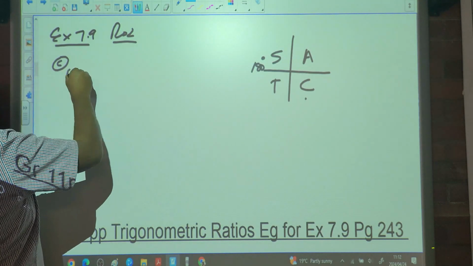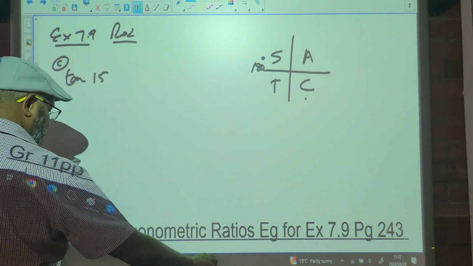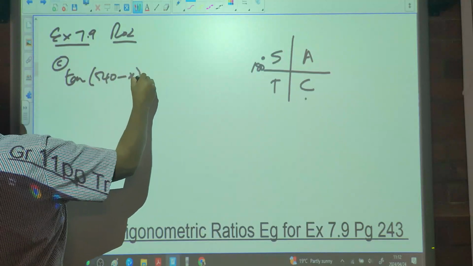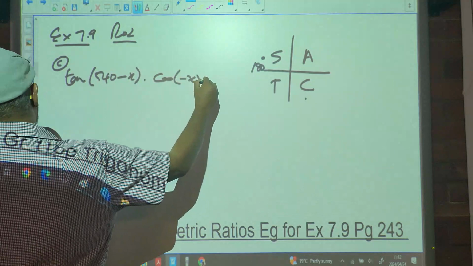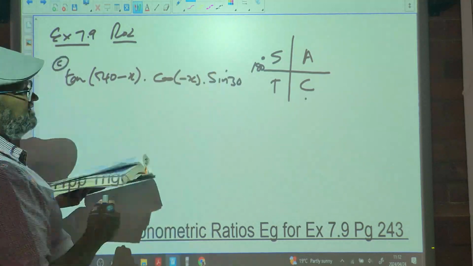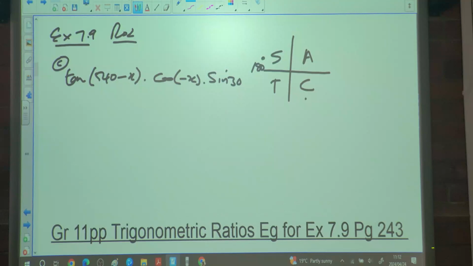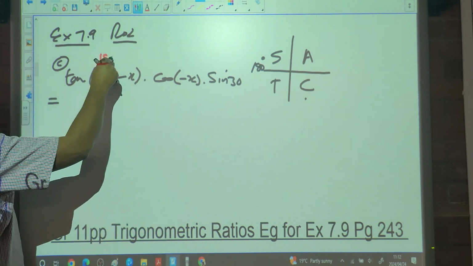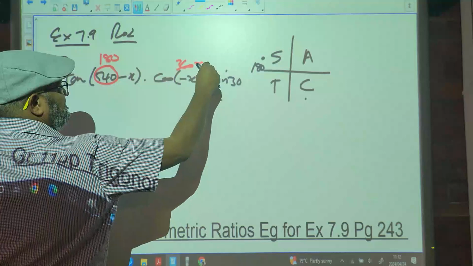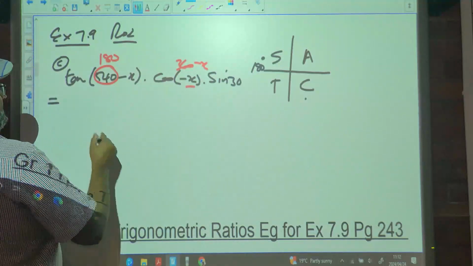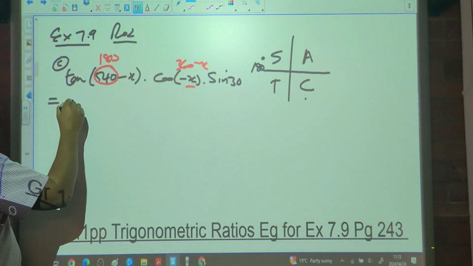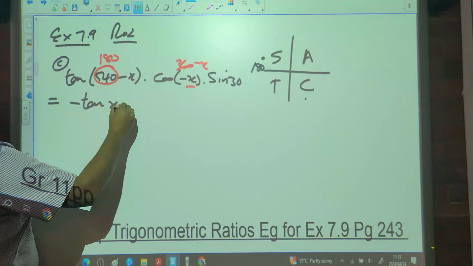So here we have tan of 540, no, tan of 540 minus x times cos of negative x times sine of 150. So 540, I subtract 360, what do I get? 180. Then add 360, then I get 360 minus x, not so? Yes, sir. Right, so tan of 180 minus x is in which quadrant? 2. Is tan positive or negative? Negative. So it's negative tan x times